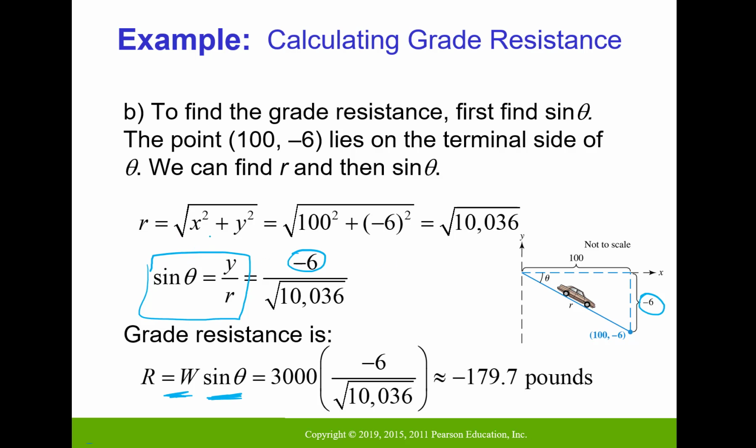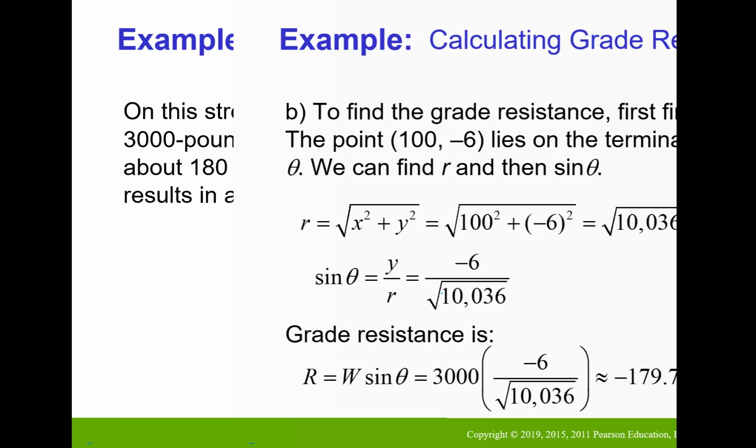So just using the distance formula or Pythagorean theorem and plugging in our values for x and y, we can get that the hypotenuse would be square root of 10,036. And so if we divide those, then we know that value is equal to our sine of theta. And then the weight of the vehicle, we multiply that by sine of theta, and we get that it's negative